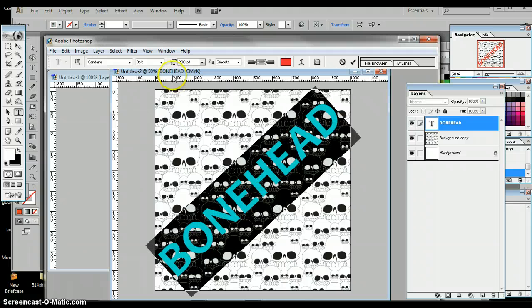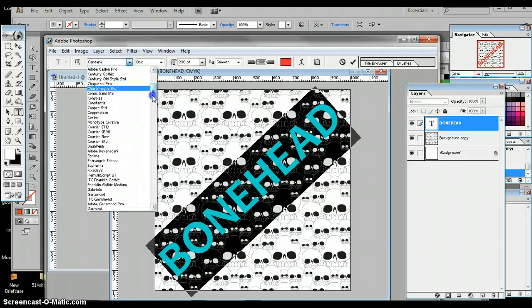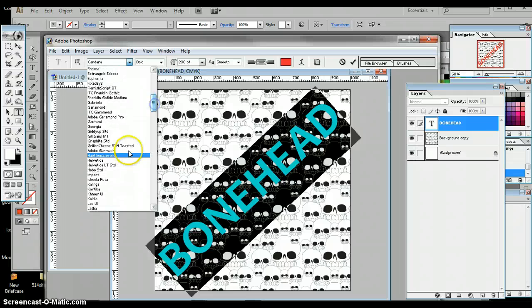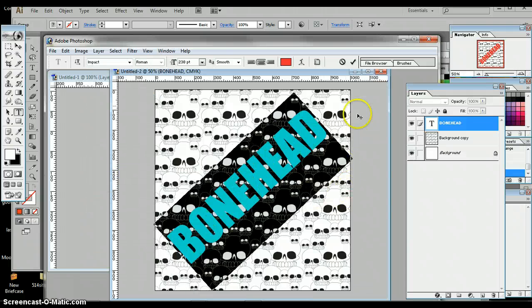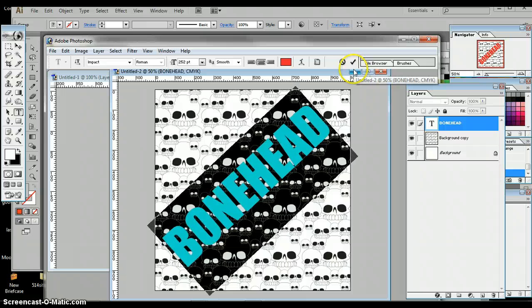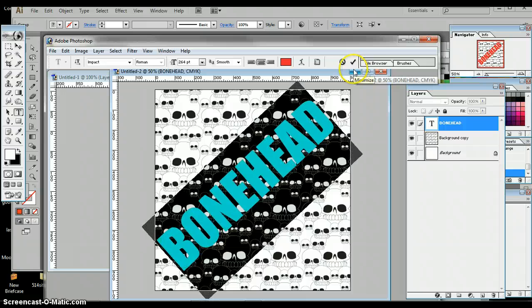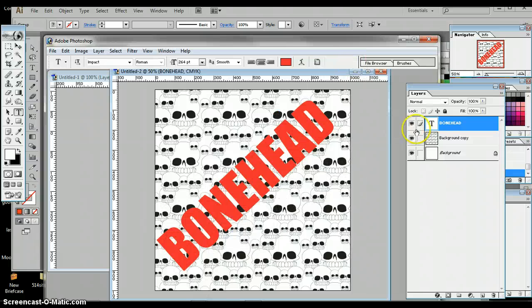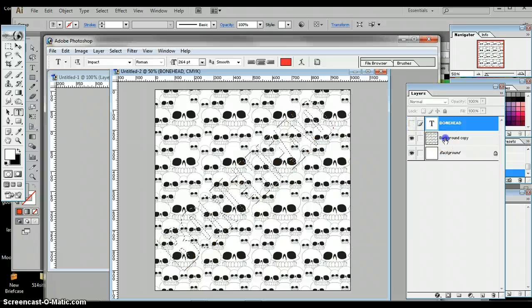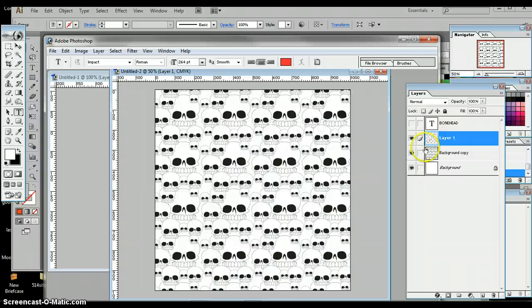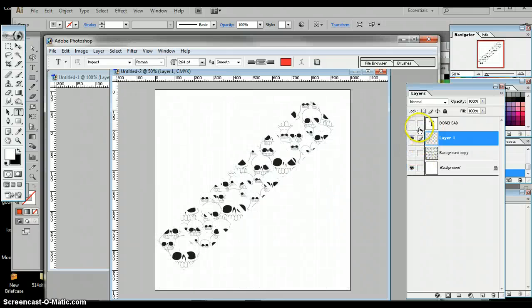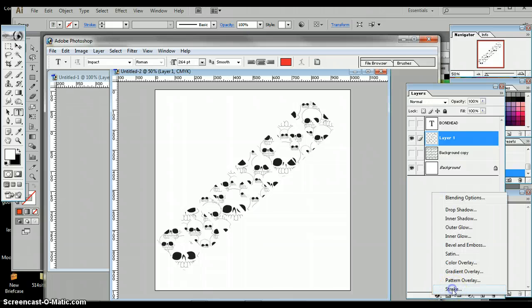Maybe change the font to something like Impact. So we can see it even better. Good. Now if I select that and turn it off, I can go down to my background layer, do a copy, Command C and a Command V, and you can see that now Bonehead has that background. And of course I can't see it very good, so if I add a stroke,